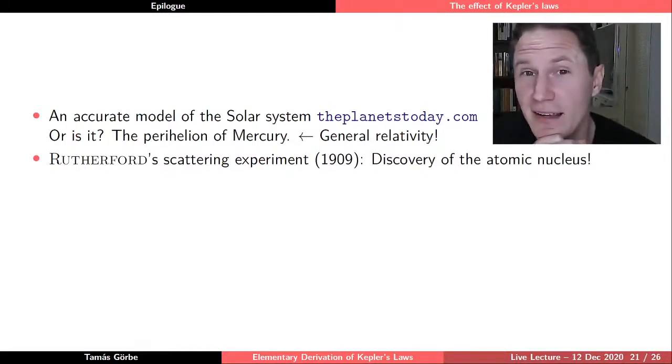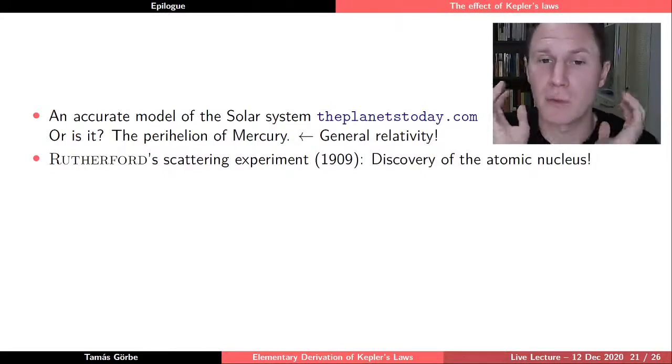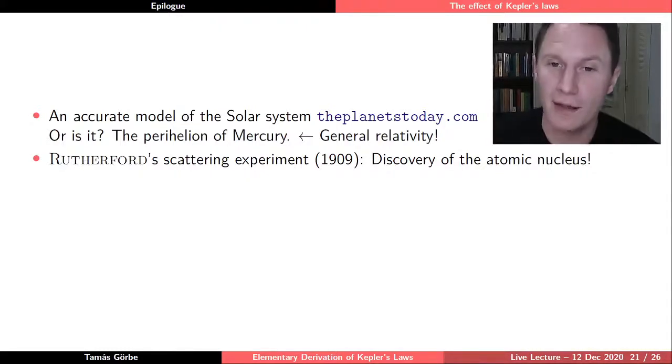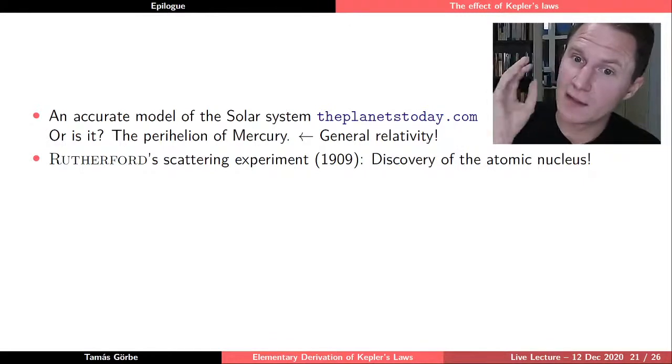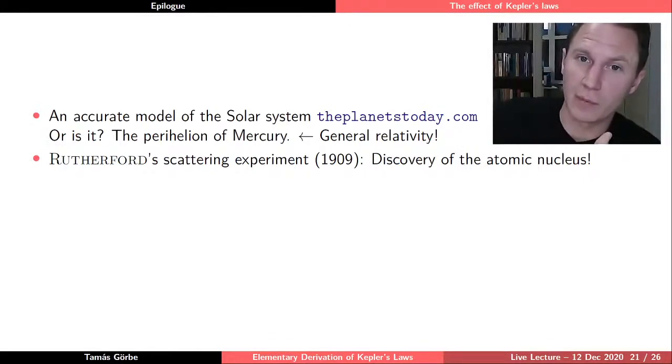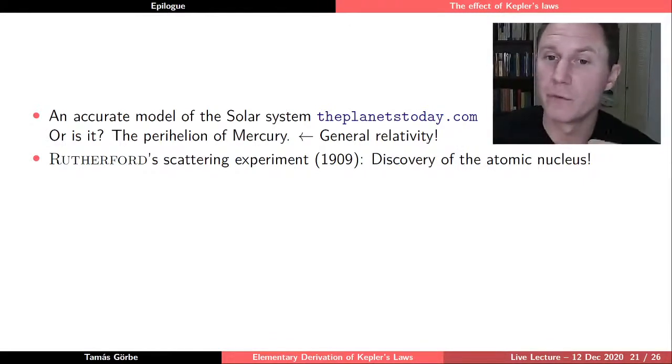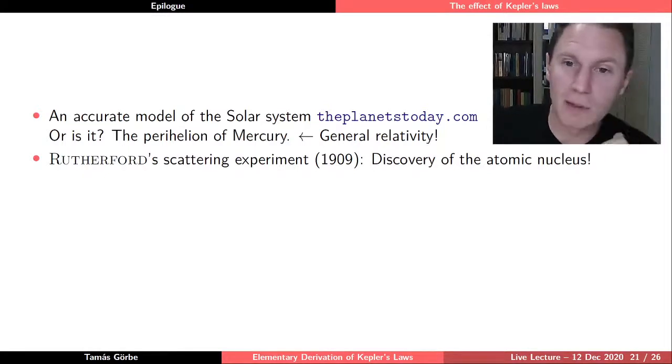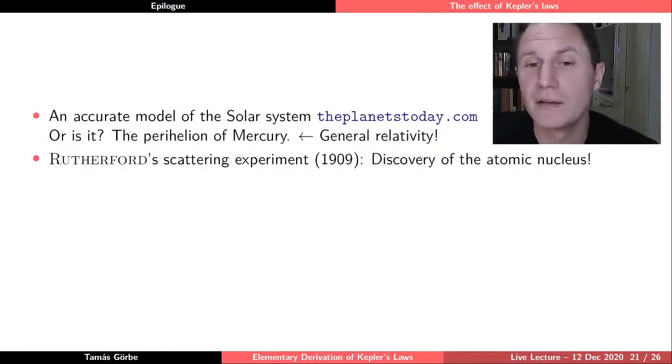And in fact, what they found is that most of these electrons went straight through the plate that they bombarded. So most of the electrons ended up on the other side of this plate, but some of them were deflected extremely, which they